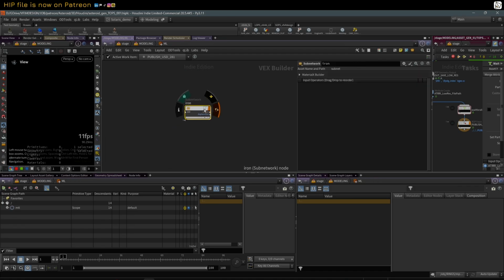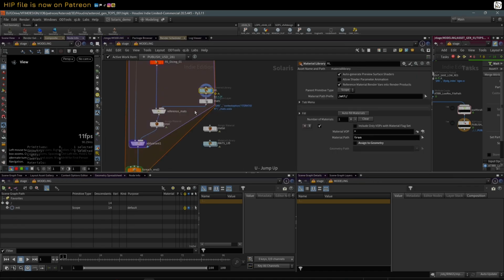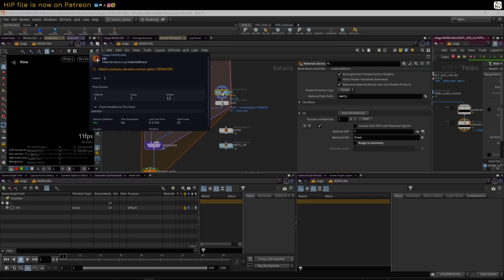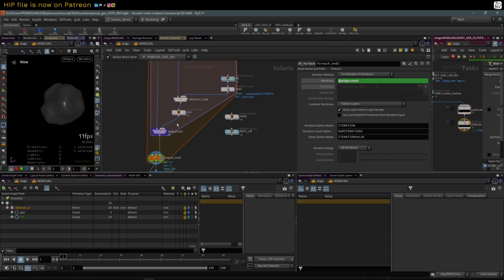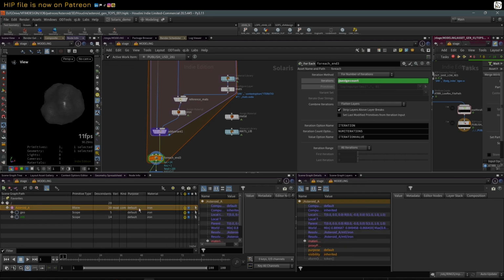So it's just one material. We've called it iron. I don't know why. In the material library. And if you get this, it's simply because we're not actually cooking the full loop, so it kind of complains a little bit. But you'll notice now in the material it's been assigned to the asteroid A, and it will cycle through when